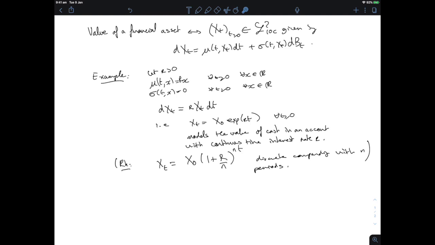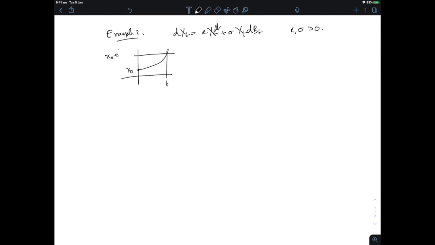Now, we can have a more interesting example. Let's have a look at one. So we could also look at some equation like this one. We could be looking at dX_t equal r X_t dt plus sigma X_t dB_t, where r and sigma are two positive parameters. If we do that, what we're going to have as a solution is not something that looks like what we had in example 1, where at time t you reach X_0 times exponential rt,